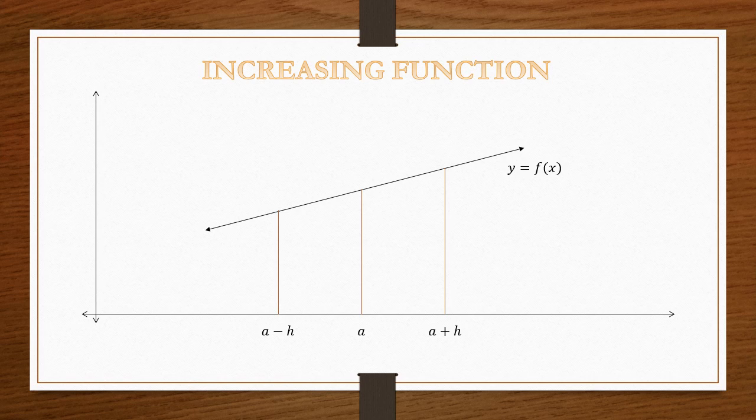But to avoid all of these confusing things, to simply check for an increasing function, we need to check whether f dash x is greater than 0 or not. If f dash x, that is the derivative of your function, is greater than 0, then the function is increasing. Simple. Okay, so this was just an explanation, but to actually find it out, you need to find the derivative and then compare whether it is more than 0 or not. If the derivative of the function is more than 0, your function is increasing.